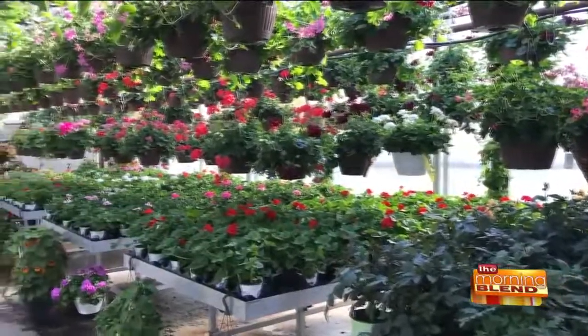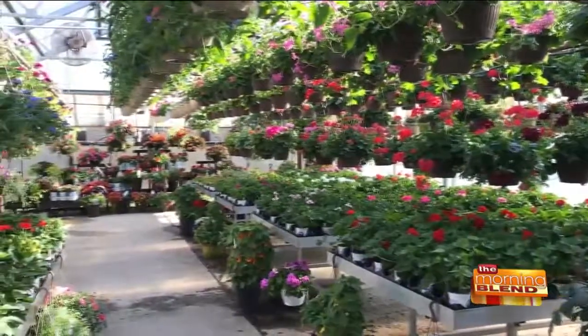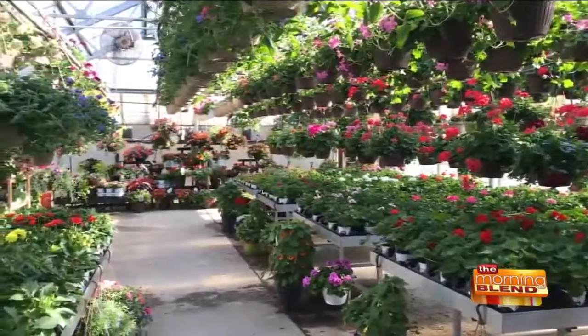And welcome back. Well, by looking at these flowers, can you tell if they're annuals or perennials? Probably not. Should they grow in the sun or the shade? You need to know. Or what if your flower bed has shade in the morning but sun in the afternoon? Today, the experts from Bluemel's Garden and Landscape Centers have all the answers to the most commonly asked garden and